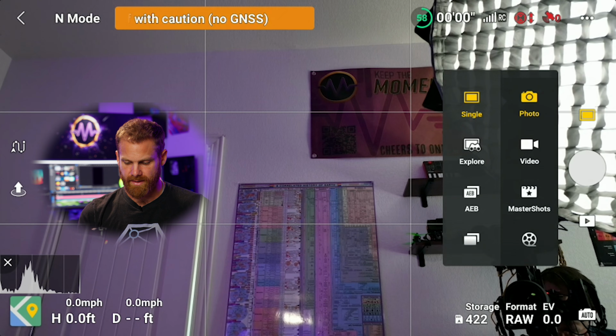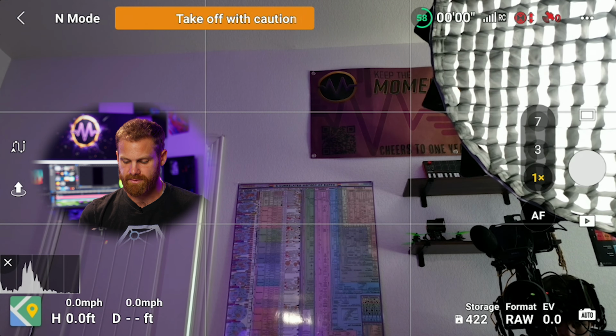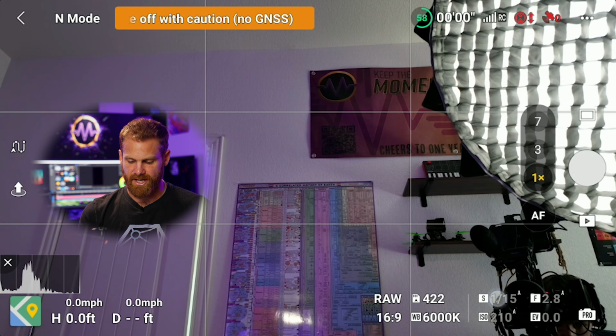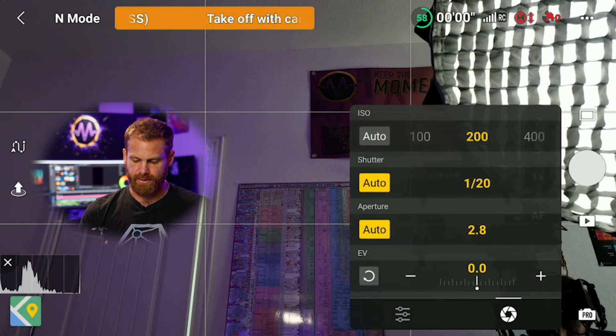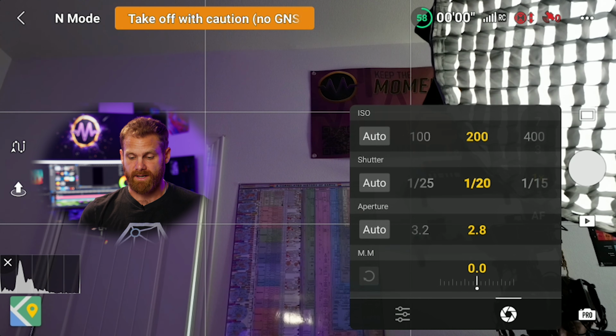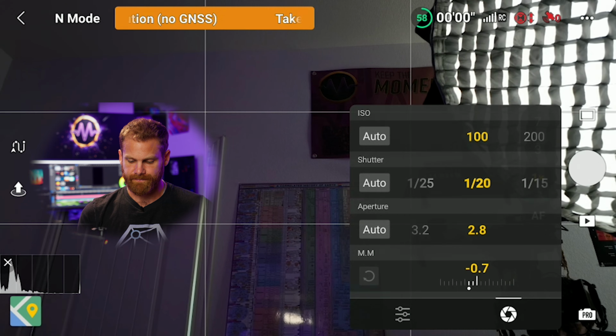So the photo, you click right here, you'll see you have photo options, and then where you can really dial in and get professional photos is changing this camera button from auto to pro. Now you can start to change your shutter speed, your ISO, and your aperture. So I turn all of that off of auto, which if it's on auto, it'll give you a good, quick recommendation. But when you're outdoors, you usually want to keep your ISO at the lowest possible, and then you want to move your shutter to at least